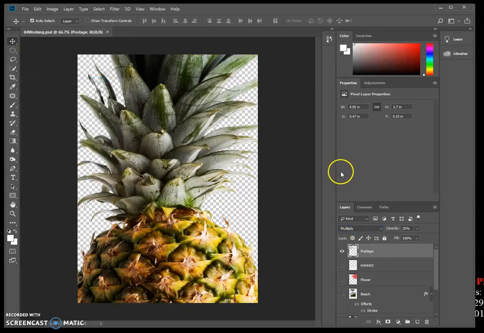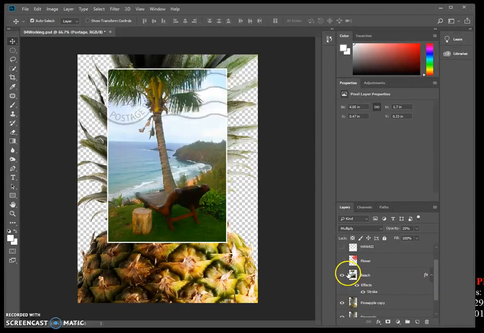And moving on to page 84. Click the visibility column on the beach layer to make that layer visible again. Select the beach layer in the Layers panel and choose